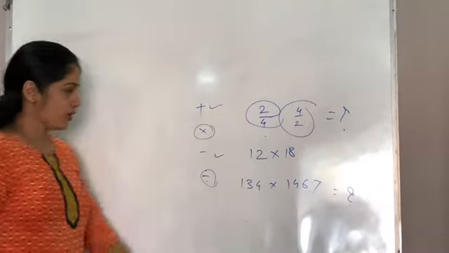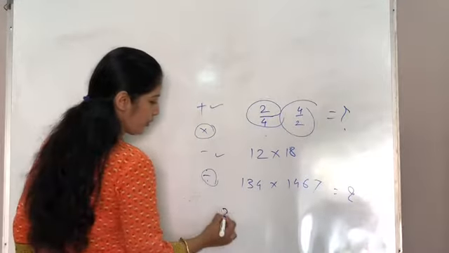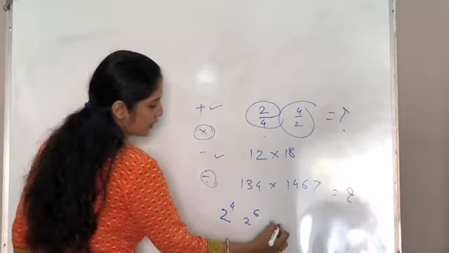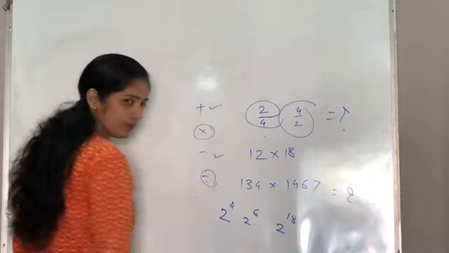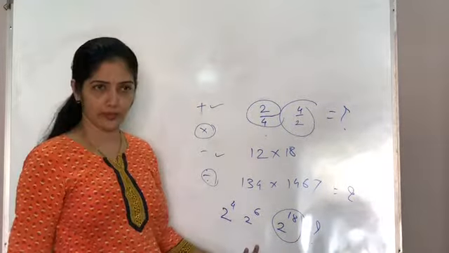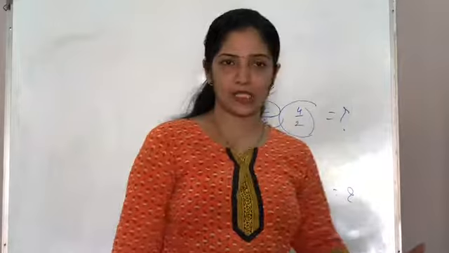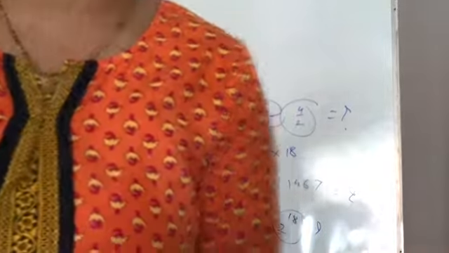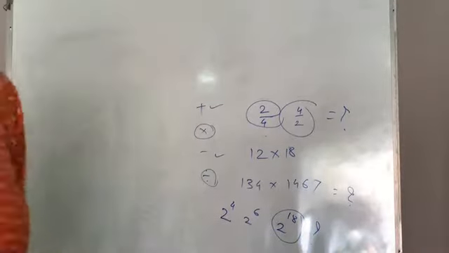So see, one more example I give you. You can find 2 raised to 4, you can find 2 raised to 6, but 2 raised to 18, no, you can't. So for that time you use the logarithm. These are the conditions for when you have to use logarithm. Some terms in the logarithm are very important. We learn them today.